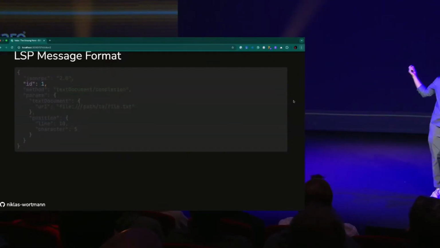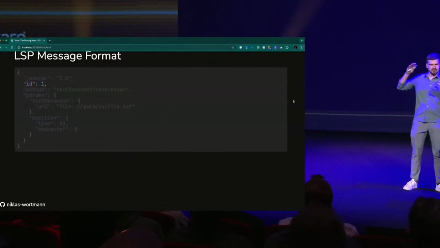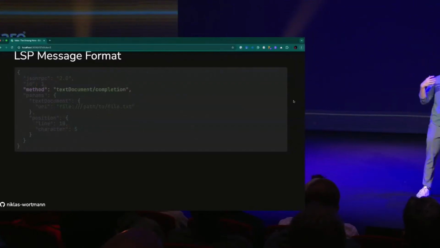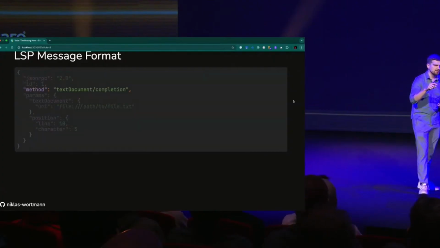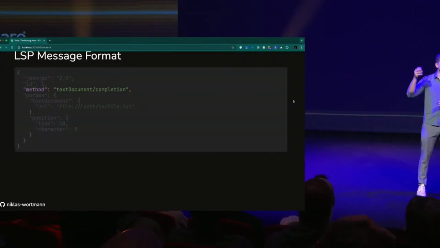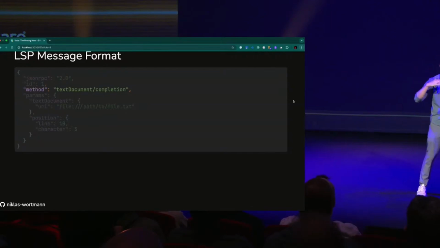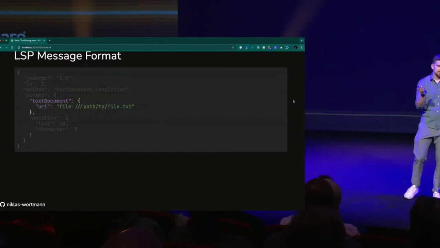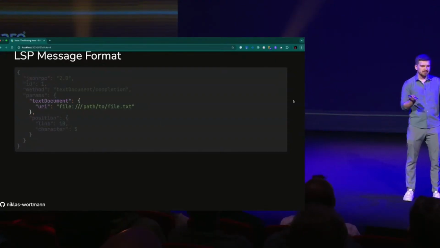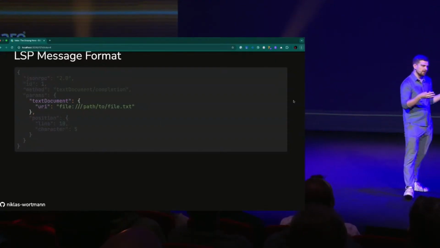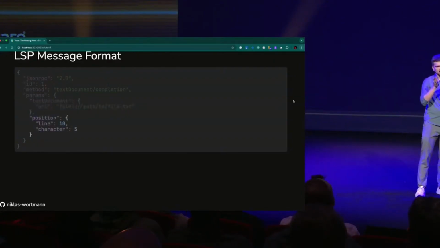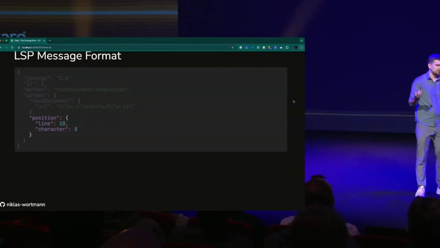It comes with a fancy ID that the language server, or the client, can use to identify the requests. And then there are several methods that you can have. I picked an example here for text document completion, which is pretty much like you're saying console dot, and then you would expect log to show up, or info, error, those things. In the case of text document completion, it also shares the file name, which is pretty common. Most language server methods work on a file-by-file basis. And in this particular case, it's even at the current position of the cursor, because you don't need to know other completion